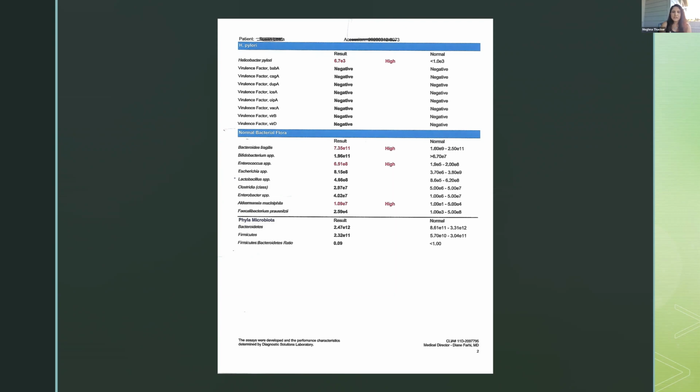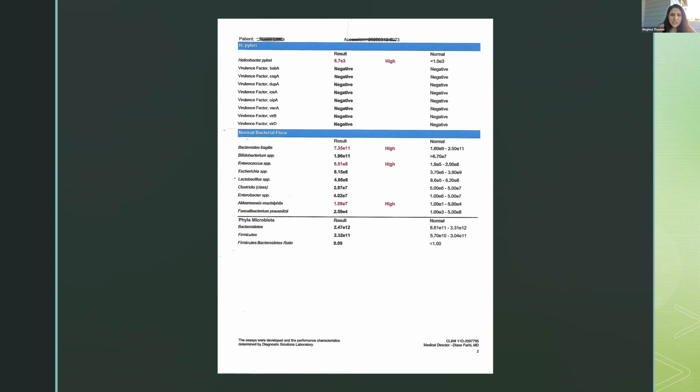Patients will present with eructations, acid reflux as symptoms. And since that's present in the stomach or the gastric mucosa, it'll interfere with protein digestion, because that is where the protein digestion happens. So we get to know from this result that she has H. pylori. And then she also has overgrowth of certain bacteria like bacteroides,